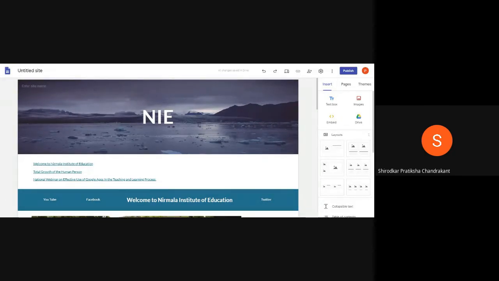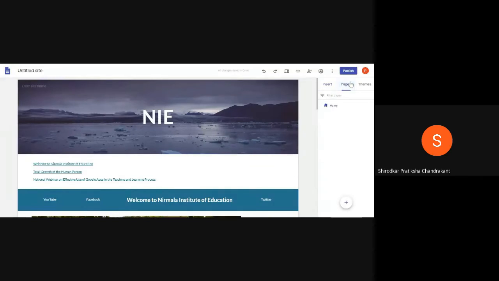Because we will go to a new tab associated with Google Sites now, that is Pages, which is again a very important tab. As I can see, many people responding as okay, few questions are also coming in, and most of you have understood how to do it. Now let us go to the next step, that is the Pages tab.